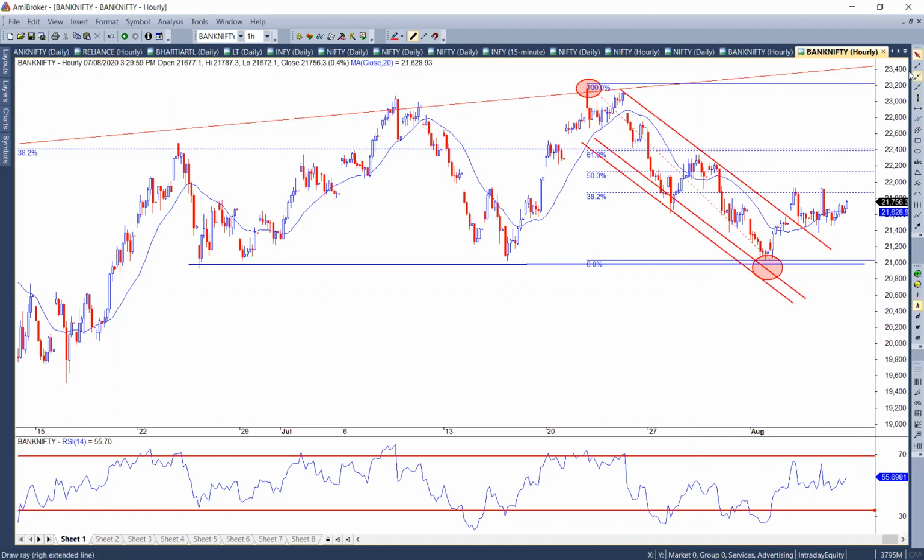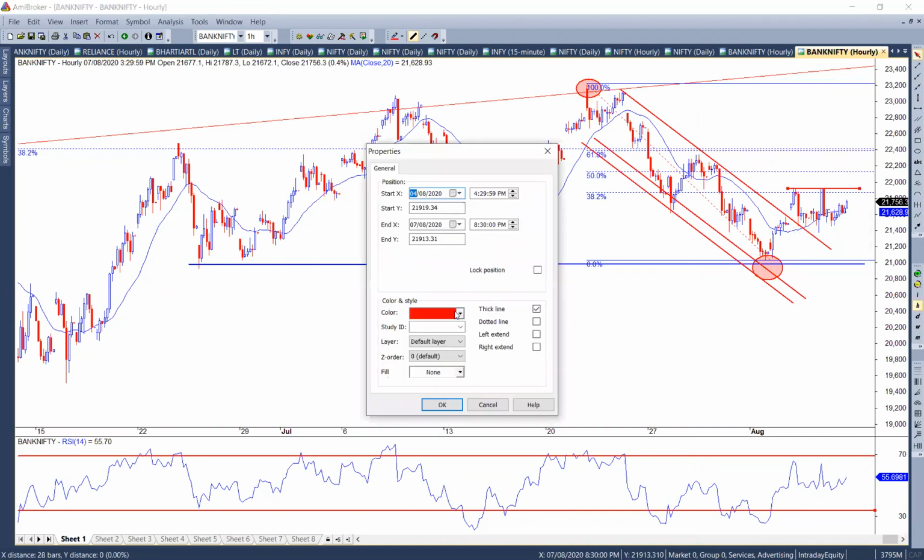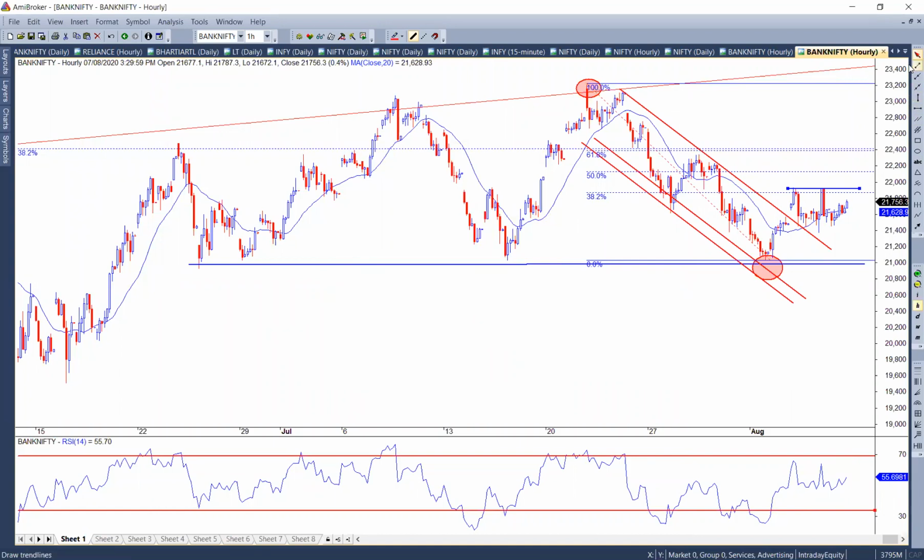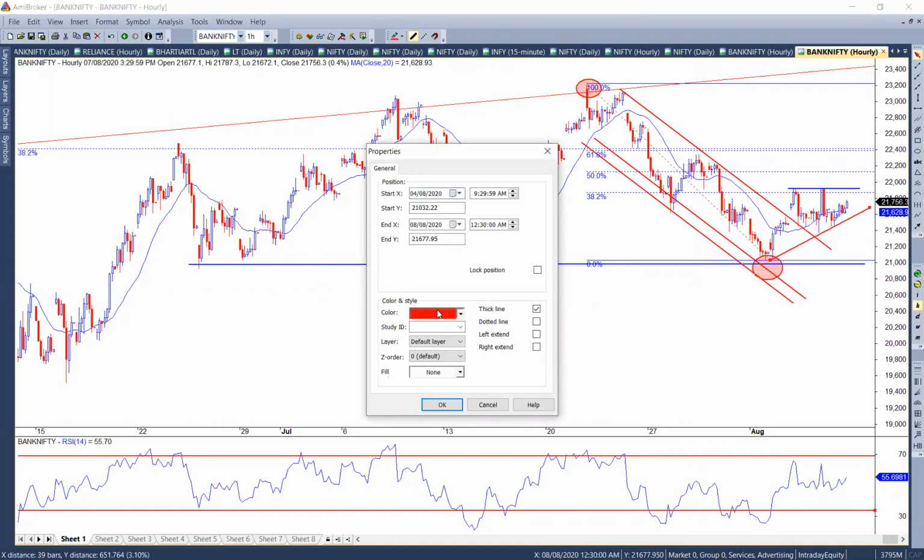Once you see this, what I'm going to do next, see the pattern. How do I see the pattern? I know again connecting a trend line, changing its color to say a blue one, and I'm connecting the lower trend line. If I look at this, it gives such a beautiful picture.